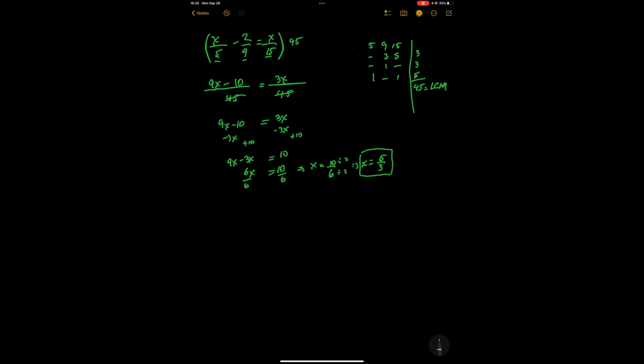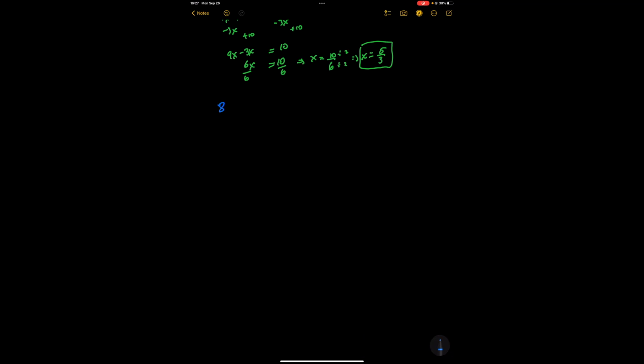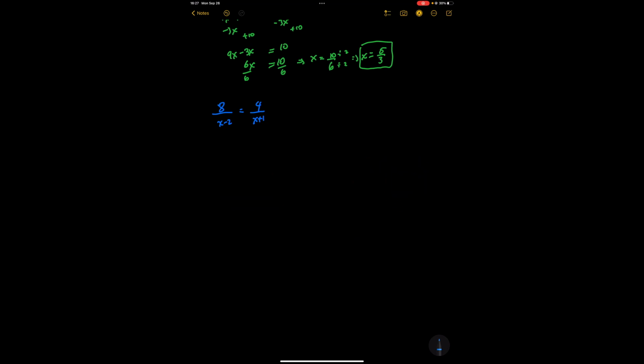Let's do a little harder example. Let's do 8 over x minus 2 equal to 4 over x plus 1. So now we're not just working with numbers, now we have variables or letters. What we're going to do is,